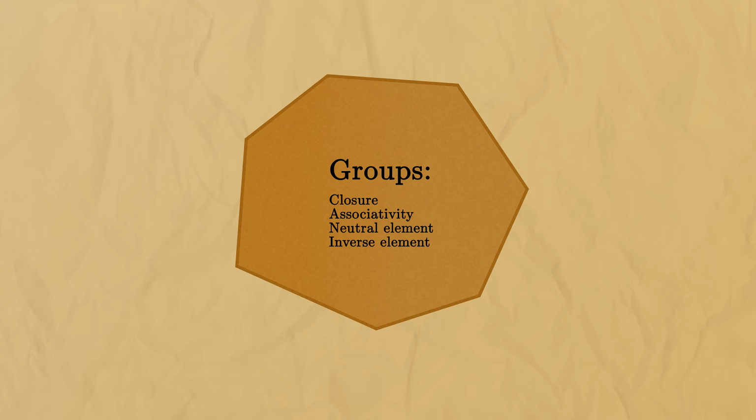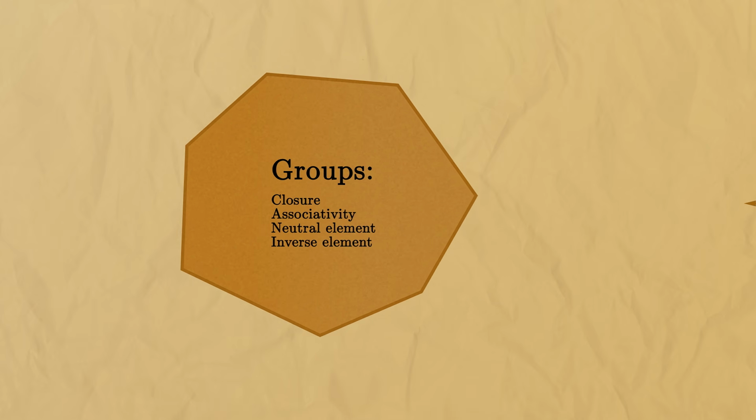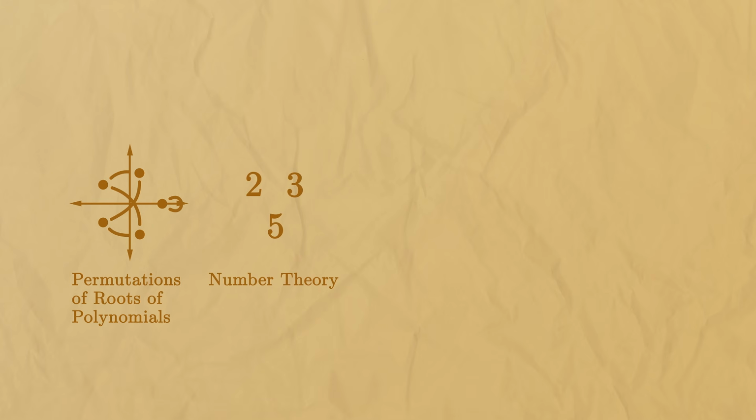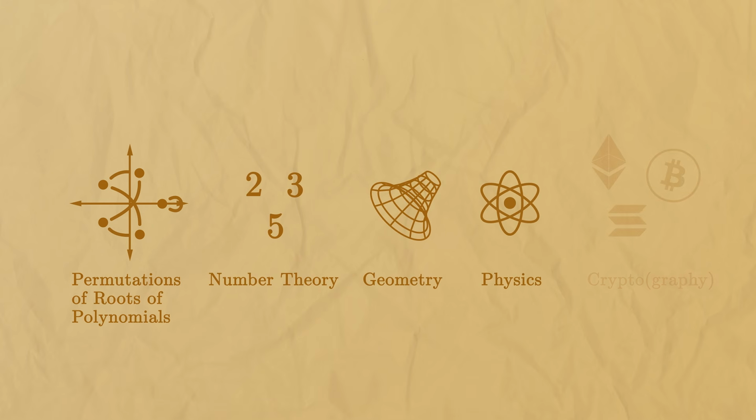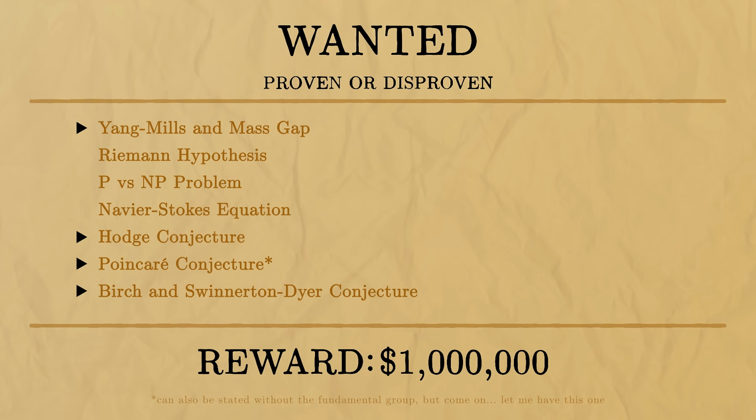Groups are powerful enough to describe the most various things. They were originally invented for the very specific purpose of analyzing permutations of roots of a polynomial, but were later used for more common problems such as number theory, geometry, physics, and making young men go nuts. In fact, 4 out of the 7 Millennium Prize problems, you know, those problems where you win $1 million for solving any of them, use groups in their definition. But despite their sheer power, groups are so easy to get into that I decided to make a series on them, starting with this video.